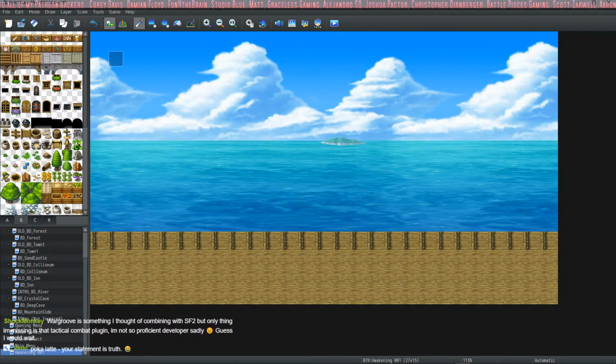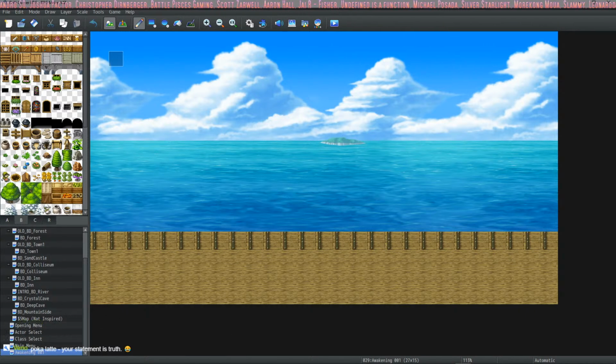Making the AI in a tactical system sounds like a super fun challenge. It's just a lot of conditionals. You can give it machine learning and add weights if you wanted to be really good with it. You can reward for this behavior and no reward for not doing it right. You could totally make it so that the goal is to reach the highest score, and you give it a series of operations that can be rewarded. But yeah, I don't know how I'm going to do that in MZ. Just do a lot of conditionals.